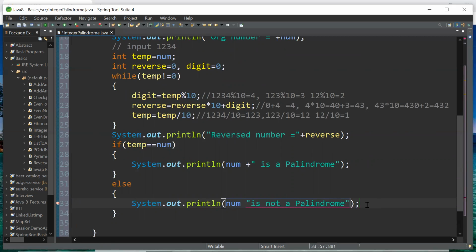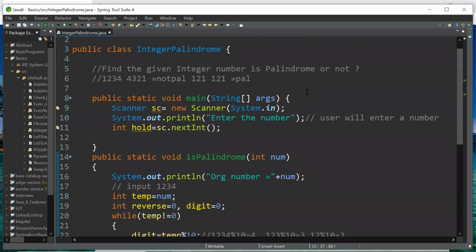Use double quotes and separate them with the plus. Let's see, we will run the program.